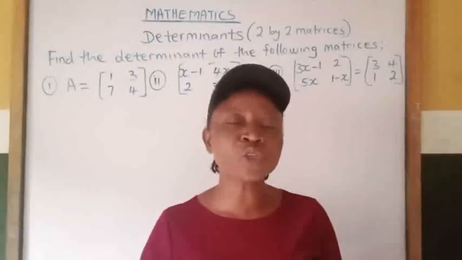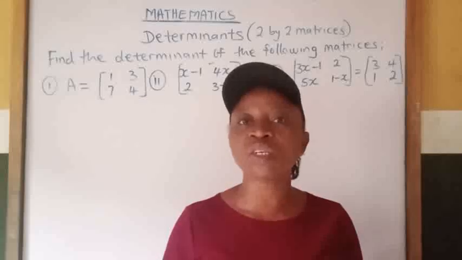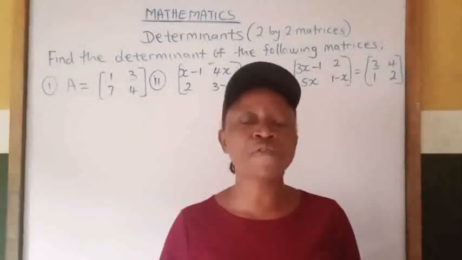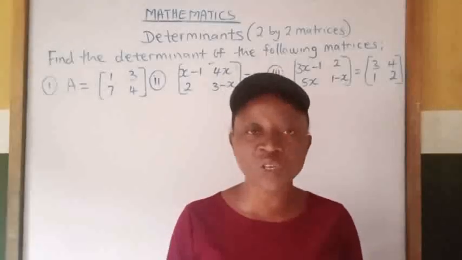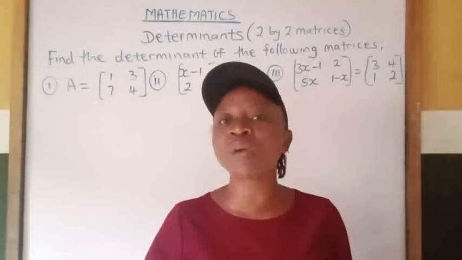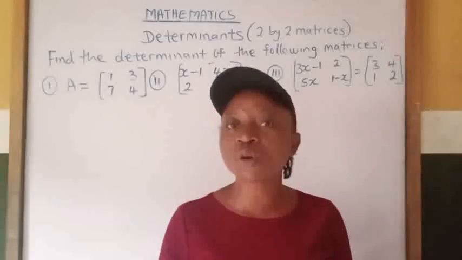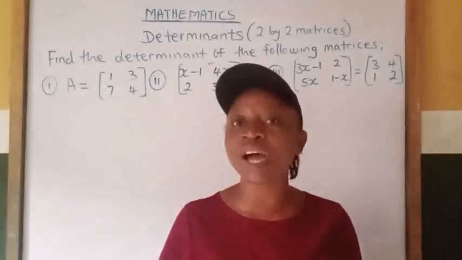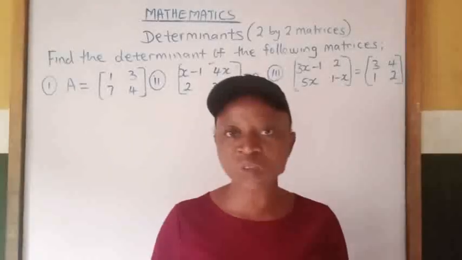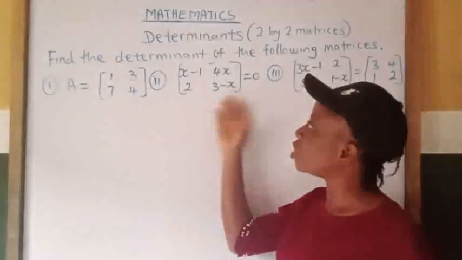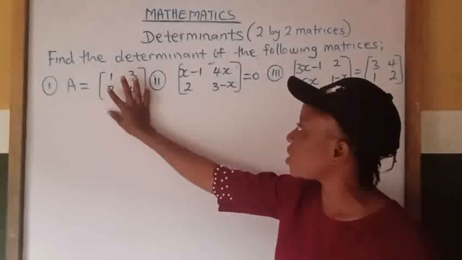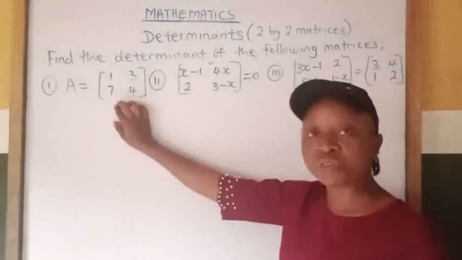In this video, we are going to learn how to solve questions on determinant of matrices. Then what is a matrix? A matrix is an arrangement of elements in rows and in columns. So the following examples on the board are matrices, because the elements inside this bracket are arranged in rows and